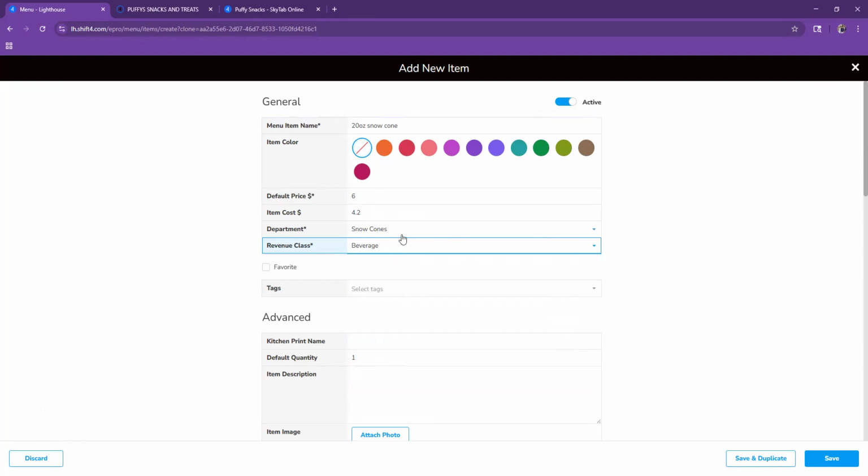Like I said, if you are creating another item under the same department, it's usually going to have the same department and the same revenue class. But always make sure you're going through the department class and the revenue class just in case it gets switched. It doesn't matter. And you can even create items. So let's say I clicked on the 20-ounce snow cone, right? Let's say I want to create it for